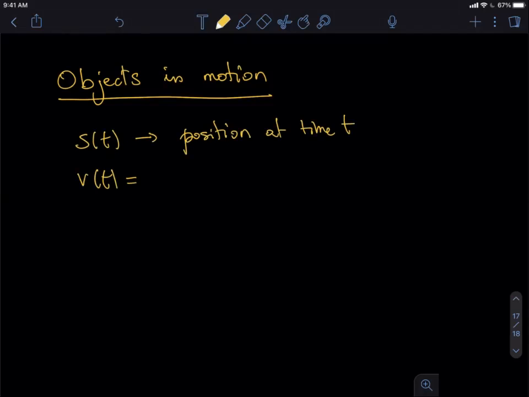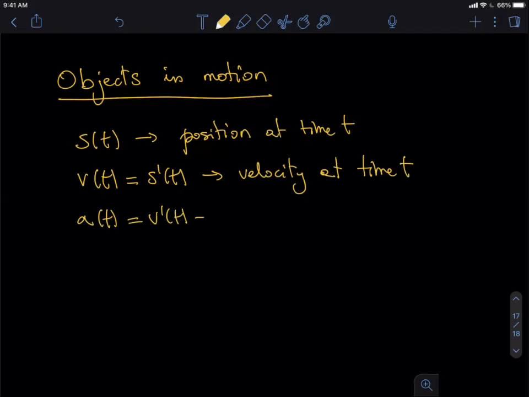V of t, which is the derivative of the position. This is the velocity at time t. I have a of t, which is v prime, and also the second derivative of the position, that is the acceleration